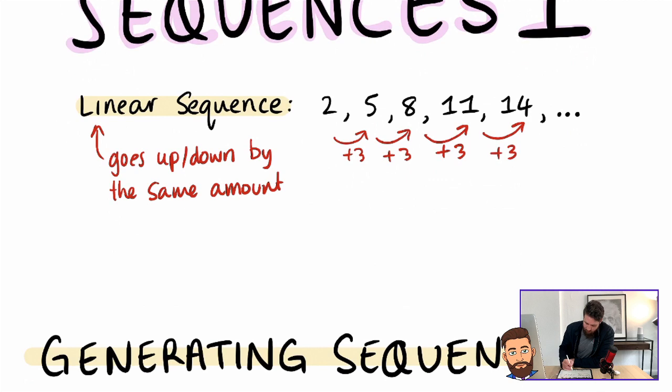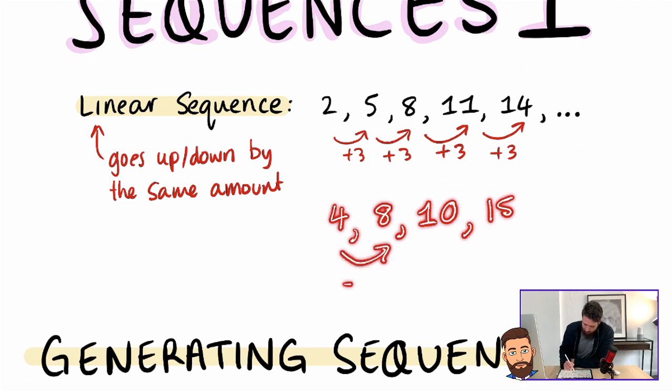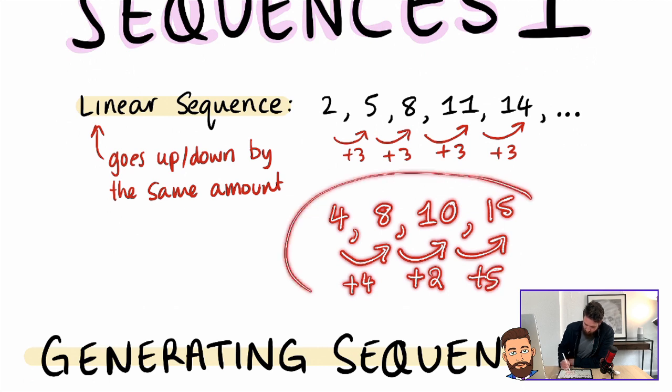A non-linear sequence would look like this. So if we had 4, and you don't have to write this, 4, 8, 10, 15. Well, if we check what's happening with this sequence, from 4 to 8 is plus 4, from 8 to 10 is plus 2, and from 10 to 15 is plus 5. So we would describe this sequence as non-linear,